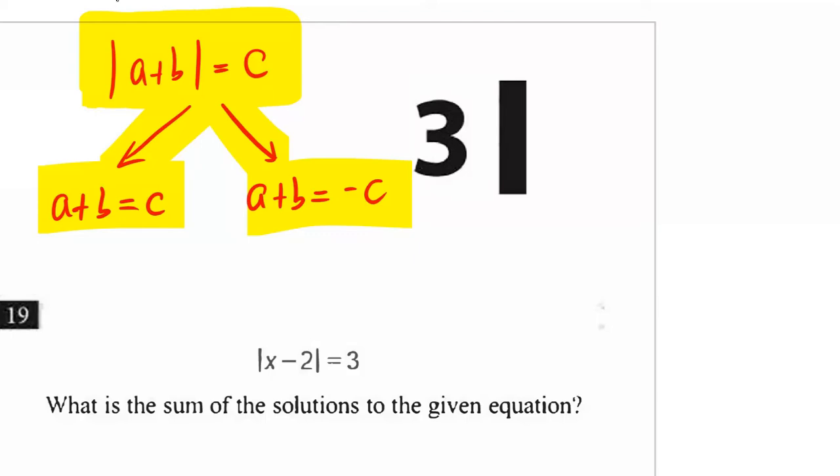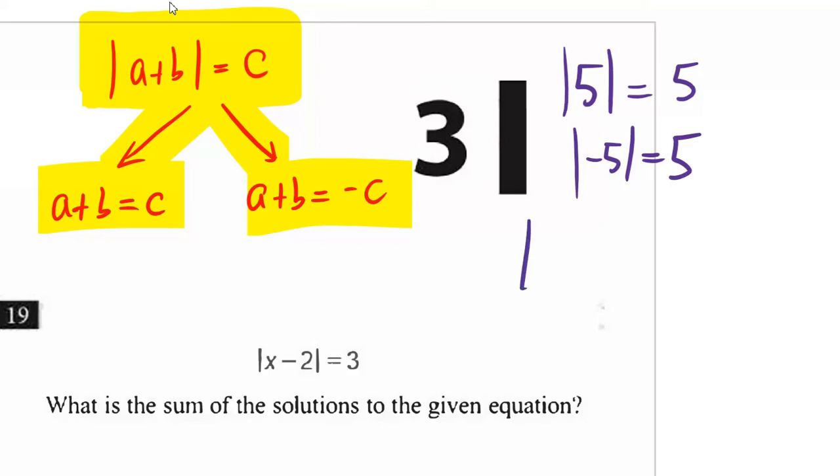So, now first of all, why is that? That's because if I had the absolute value of a positive number, nothing happens. But if I had the absolute value of a negative number, it flips it back into a positive. So when you have an absolute value equal to some number, we don't know if what went inside the absolute value was positive, in which case the number stays the same, or if the thing that was inside was negative, it would have to be multiplied by -1 to turn into